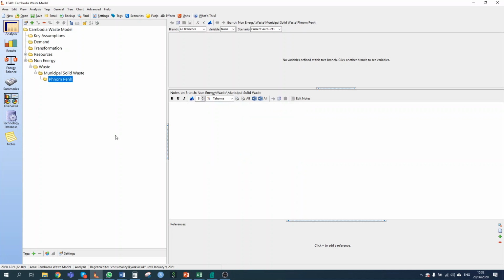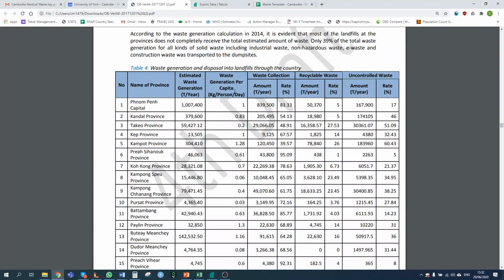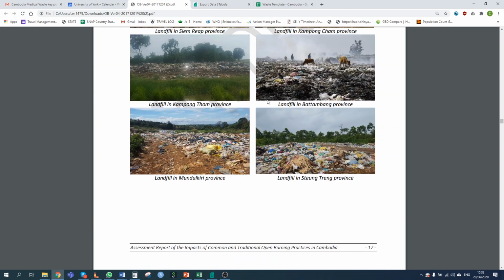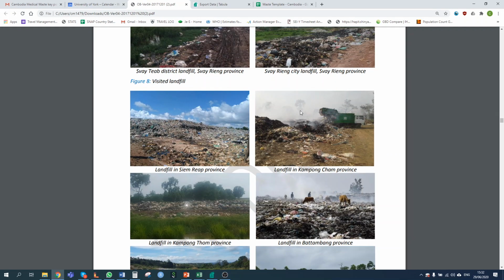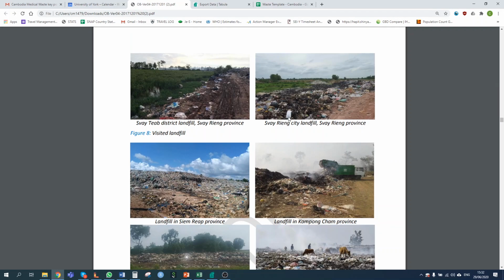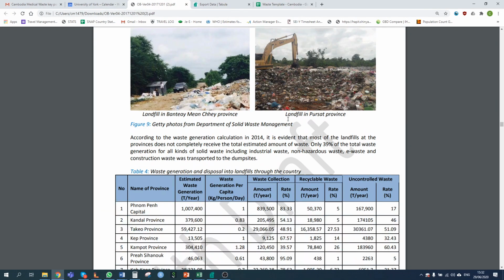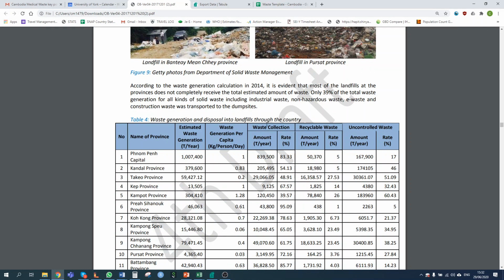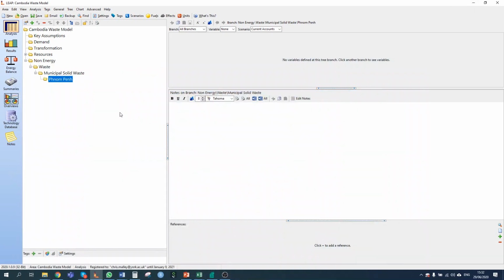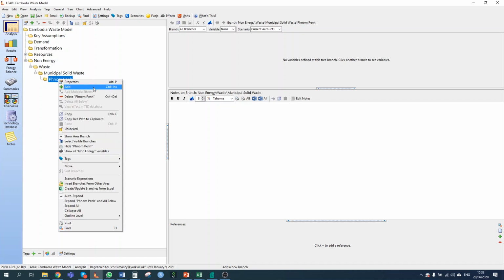We have two places where our waste could be burned according to this report. We have waste collection. So we have waste that is collected, but from these photos, and I'm sure you're aware, we can see that waste is burned at these landfill sites. So we have a source here where waste can be burned. We also have uncontrolled waste, waste that is not collected, and that can also be burned. So we want to have two places where waste can be burned